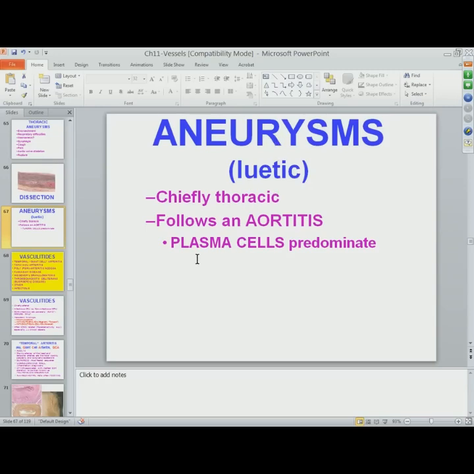But when you see an inflammatory infiltrate, and it's predominantly plasma cells, you should always put syphilis in your mind as one of the possibilities. And a thoracic aortic aneurysm, in which there's a predominance of plasma cells infiltrating that aorta, very, very good chance it's syphilis. Okay, it's generally a little bit earlier than I would start the break,